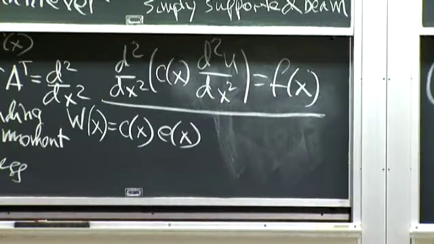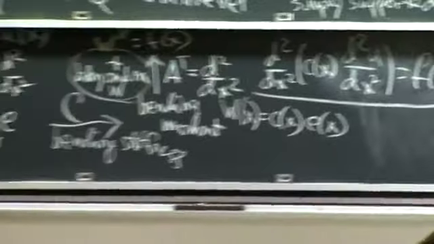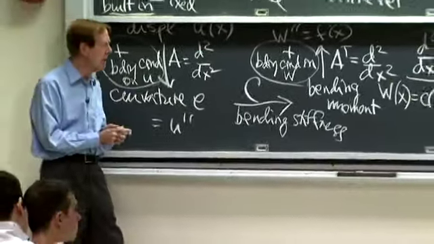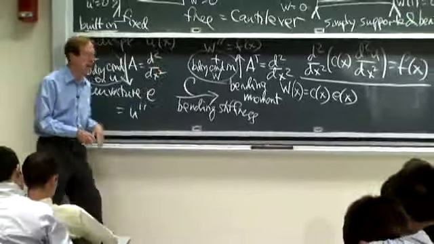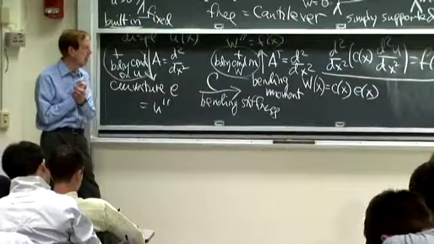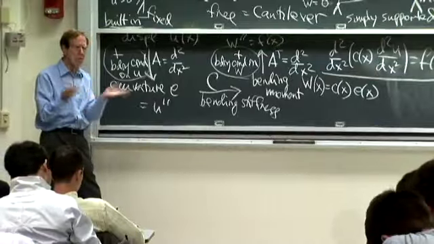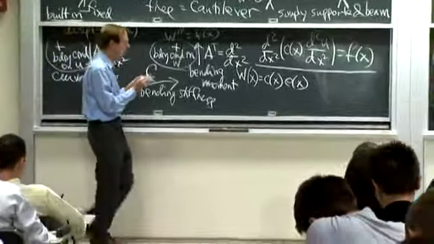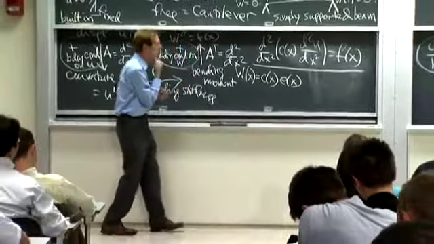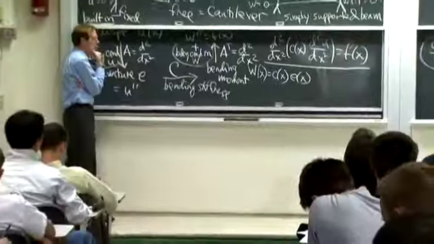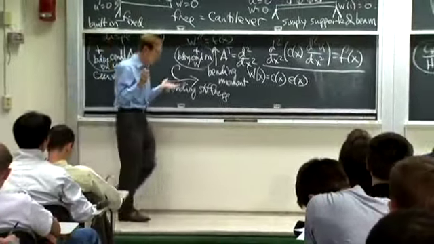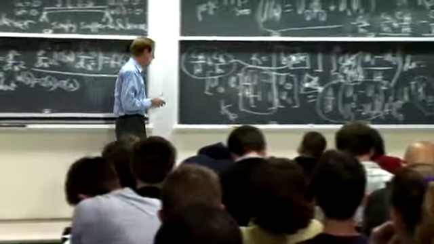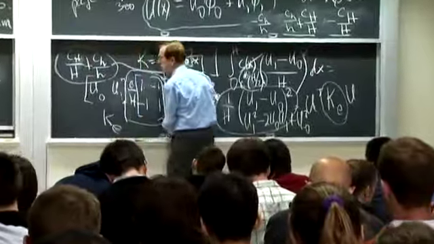Good. In 10 minutes, we've written down the framework, some possible boundary conditions, and the combined A transpose CA equation. I mean, we're ready to go. We've got the pattern to think about this. So let's see, what should we do first? I would say the first thing to do is